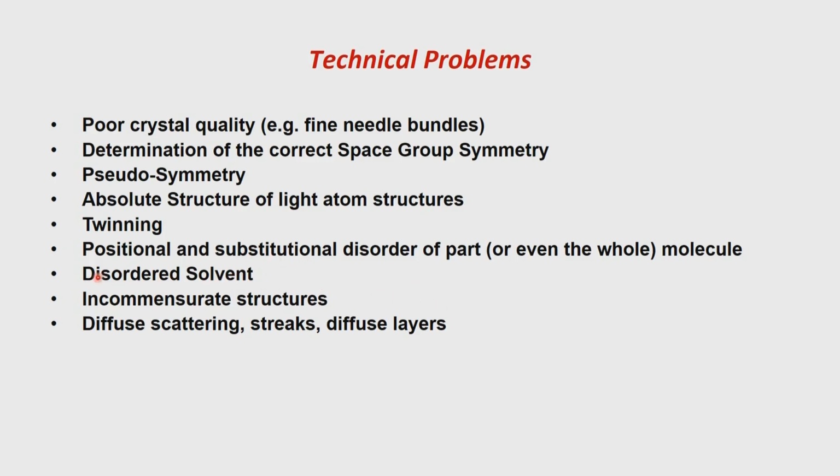There is another thing called incommensurate structures. This is possible because of the way in which sometimes the crystals grow, the cell dimensions which we get will not be sufficient to describe the orientation of the molecules in different unit cells. That means the molecules can orient differently, whereas they are supposed to be exactly the same in the next unit cell, that is the definition.